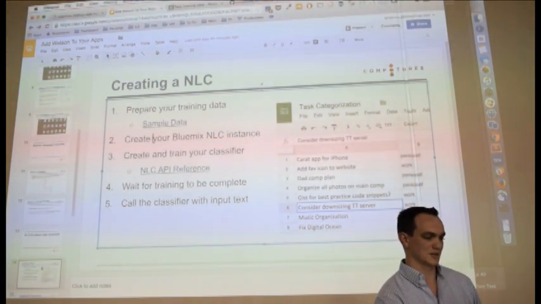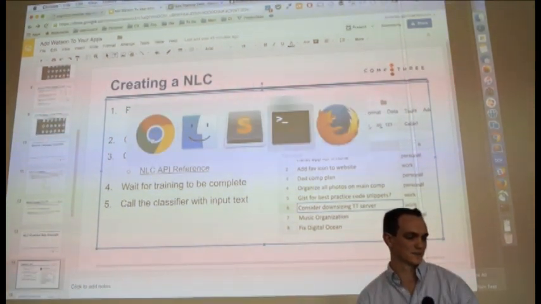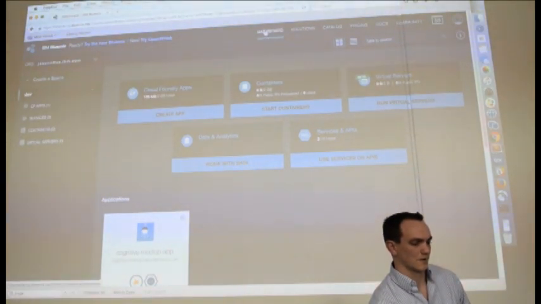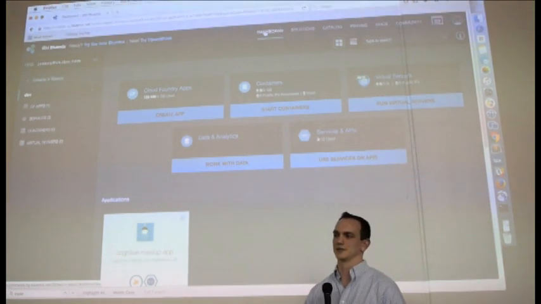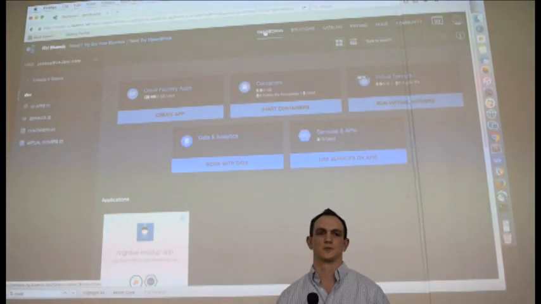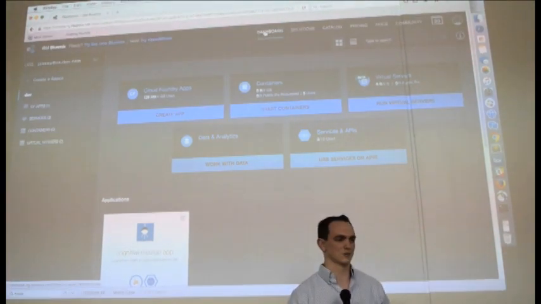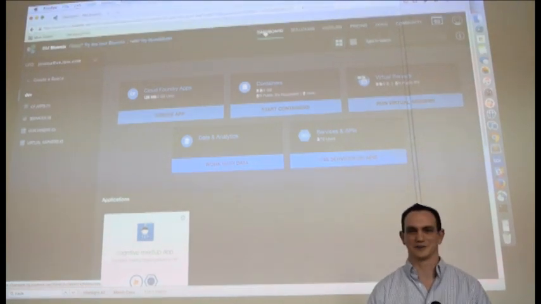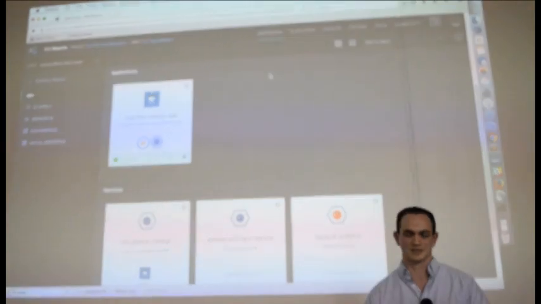So the next step is to actually create the instance using Bluemix. So now what I'm going to do is go to Bluemix and log in. With Bluemix, there's a free trial for, I believe it's 30 days, so you can use any of the services that you want and deploy applications. And then from there on out is a free tier. So you can do a lot of stuff with the free tier. That's what I usually use. I've got my website running off there and some other stuff. So it's really easy to sign up and get started with it.